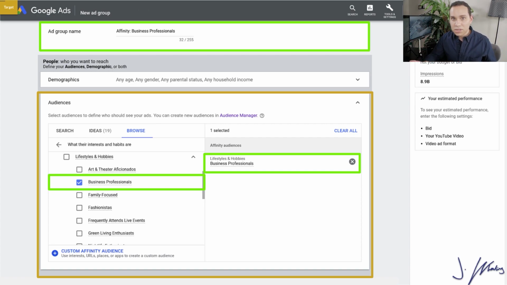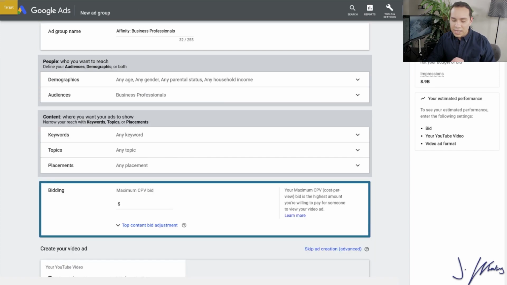Now, I get a ton of questions on why I do things this way, and in the shortest way possible, you want to only have one targeting option per ad group. If you have more than one targeting option per ad group, you won't be able to properly analyze your data. So there you go. That's why I just do one, because Google will actually aggregate a lot of the ad group data together. And if it's more than one targeting option in an ad group, you're not going to be able to specifically see which audience is actually performing better. So just go ahead and have one targeting option for one ad group. I know it's a little tedious, but you're gonna be happy that you did in the future.